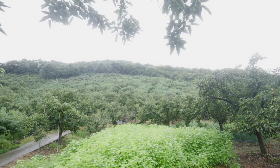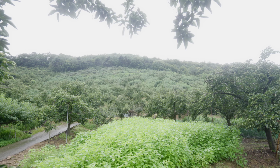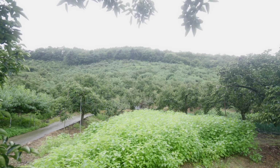As you can see, all up the hillside, you can just see the trees. It's quite steep, and even though the camera probably doesn't allow for you to see how steep it is, it's quite steep, so it can get a little dangerous. This is a good opportunity to show you the difference between a peach tree and a persimmon tree, if you